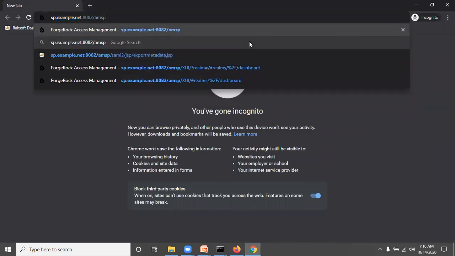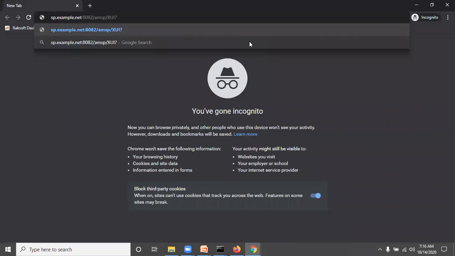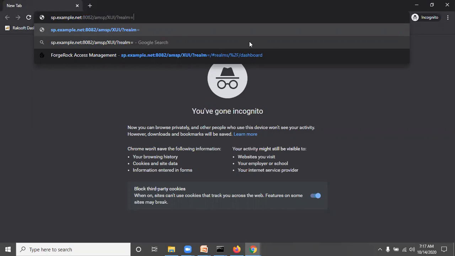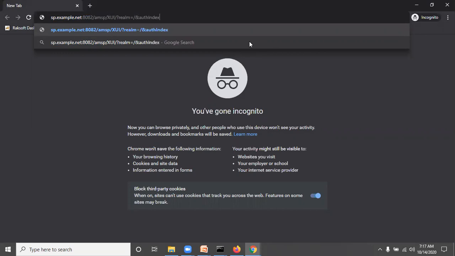So we have configured it inside the SP, so you have to use the SP application here, in XUA question mark. And auth in, yeah, if you want you can add the realm also, but we have configured the authentication module inside the top level realm. So you have to mention realm equal to slash, and ampersand auth index type equal to module. The same way we have to give auth index value. So these are the authentication module accessing.